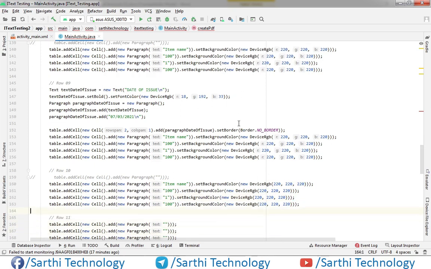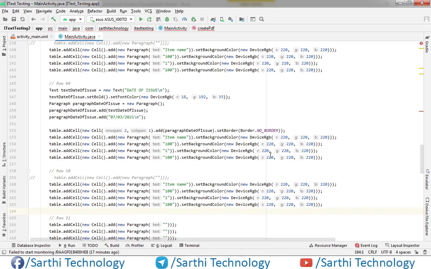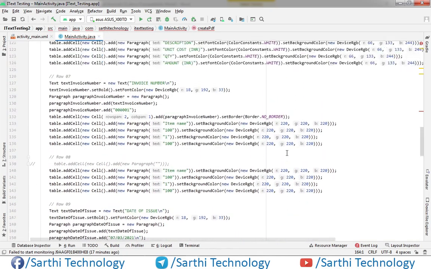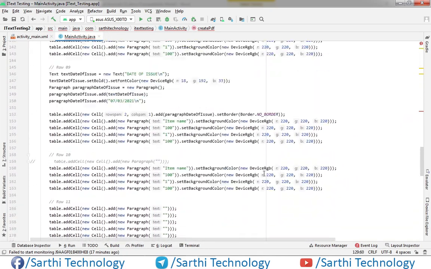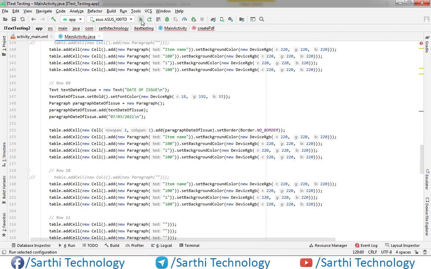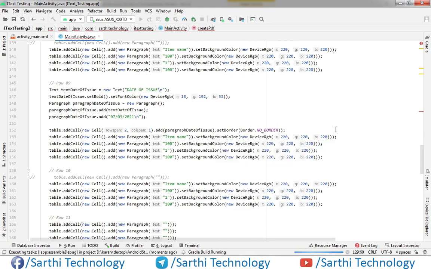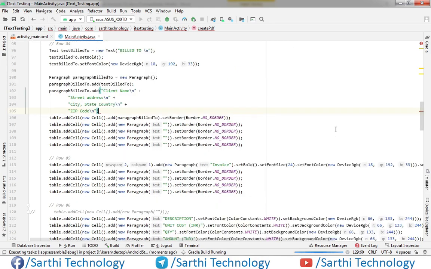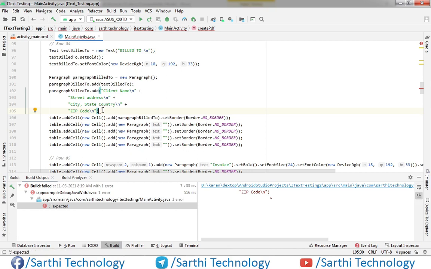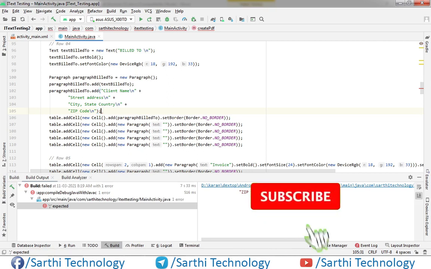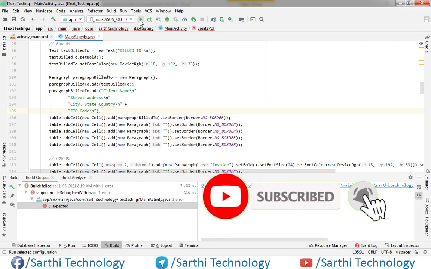Okay, so let's try to run this, and I think we have error somewhere because this is a red line. So okay, just run this and we will get the error. Okay, here we missed the semicolon. Again run.